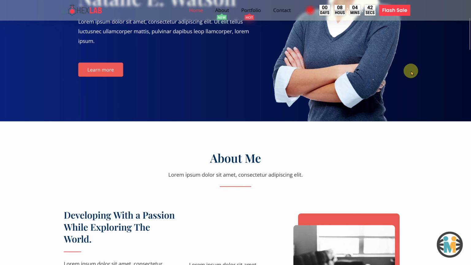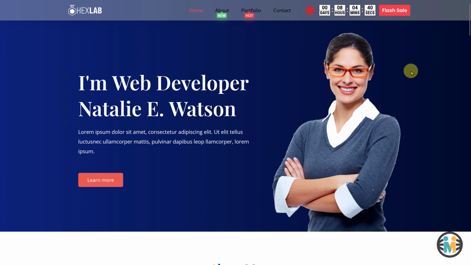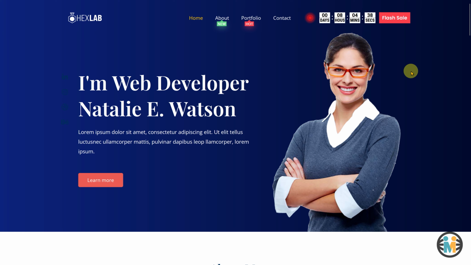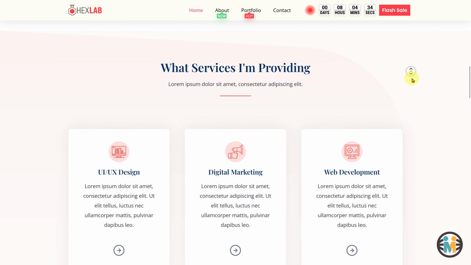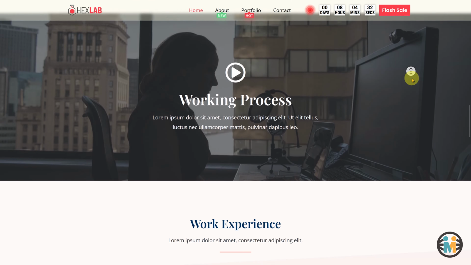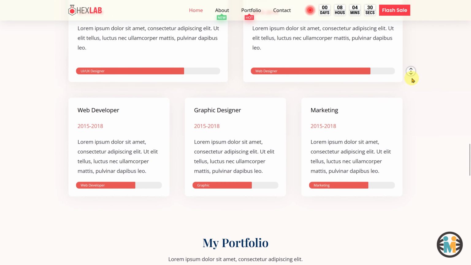Now that we have successfully created our Elementor Pro Sticky Header using the section column layout, you might be interested in creating the same header from scratch using the Flexbox layout. To learn how to do this, please watch the previous part of the video by clicking on the end screen